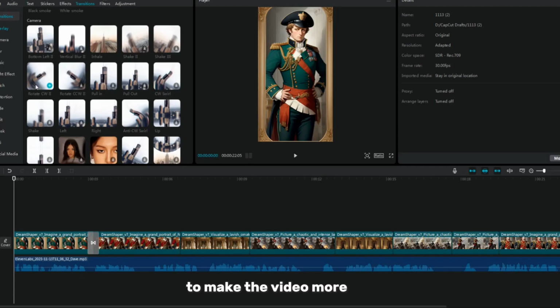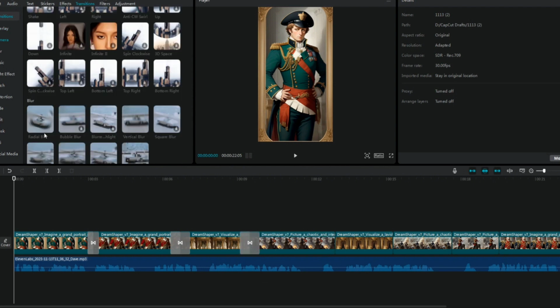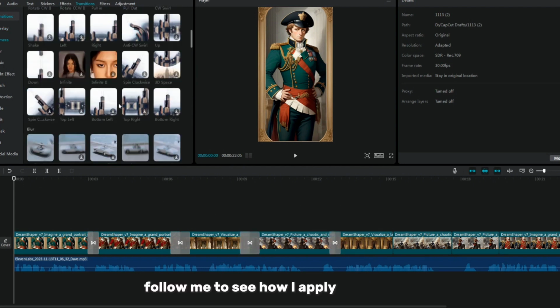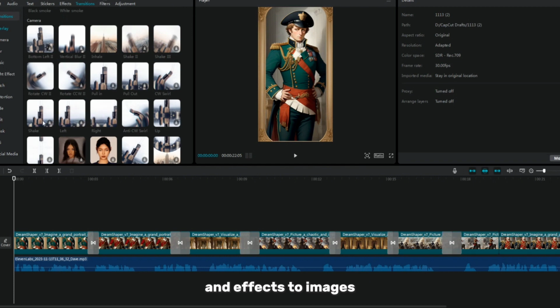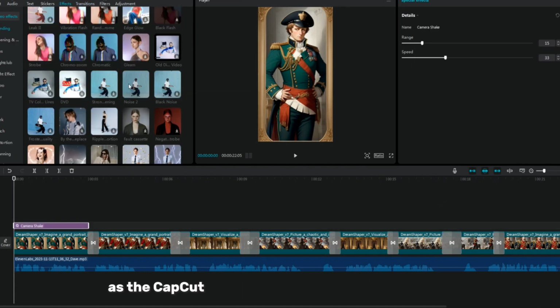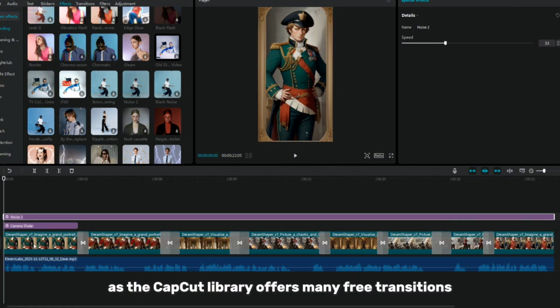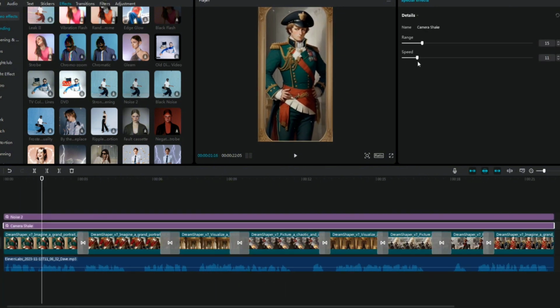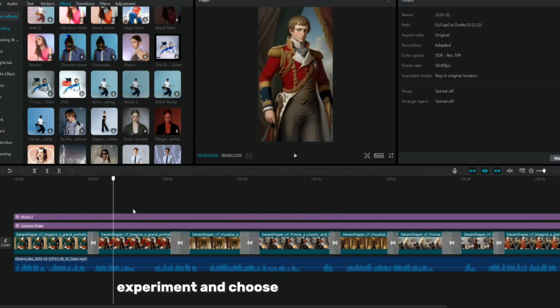To make the video more fun, add transitions and animations. Follow me to see how I apply transitions and effects to images. This will give the video a unique look, as the CapCut library offers many free transitions, animations, and effects. Experiment and choose according to your taste.